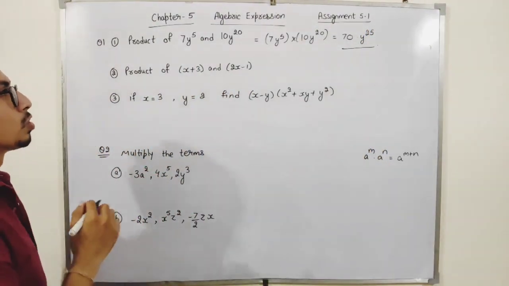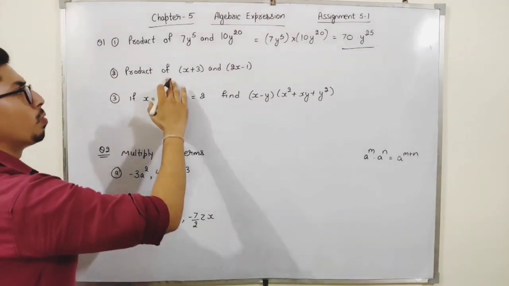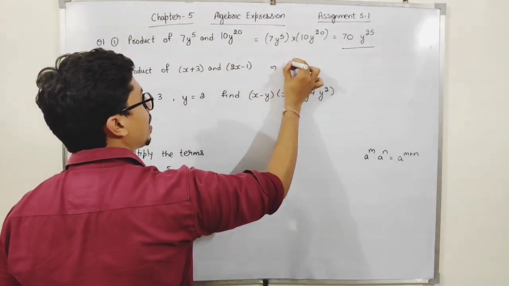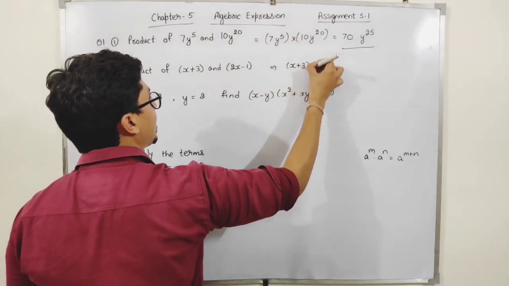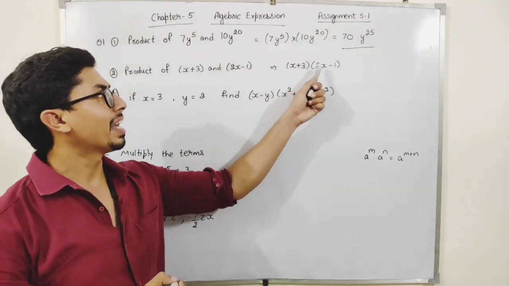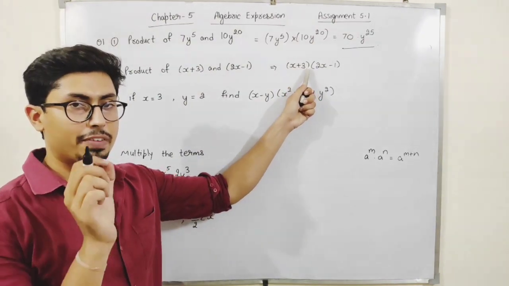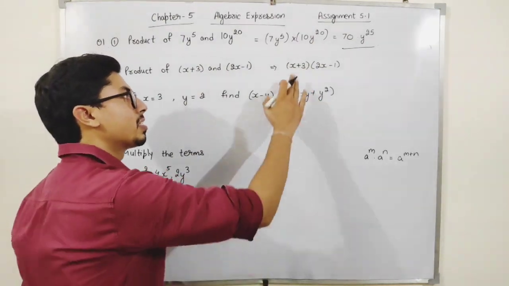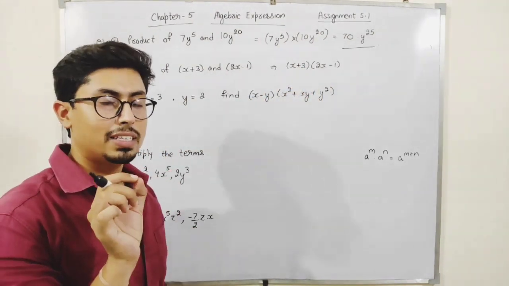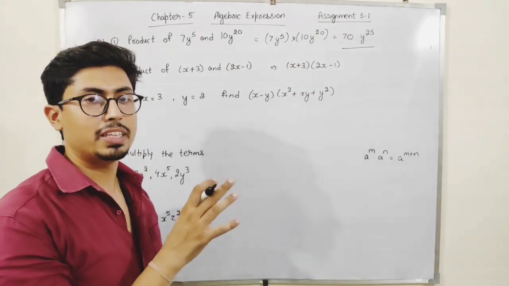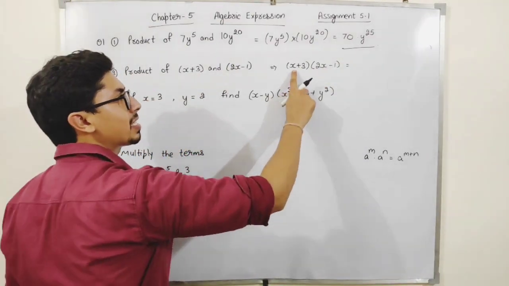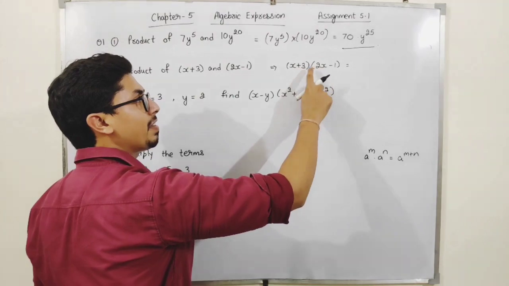Okay, students. Now similarly in the next part, I have to multiply these two. So students, see what it will be: x plus 3 multiplied by 2x minus 1. I have to multiply these two. See, if I am just writing like this and I don't use the multiplication sign, this already means that they are in multiplication. If I am not using any sign in between them, then this means that they are in multiplication. So how can we multiply? See, I have to multiply this x with both these terms and this 3 with both these terms.